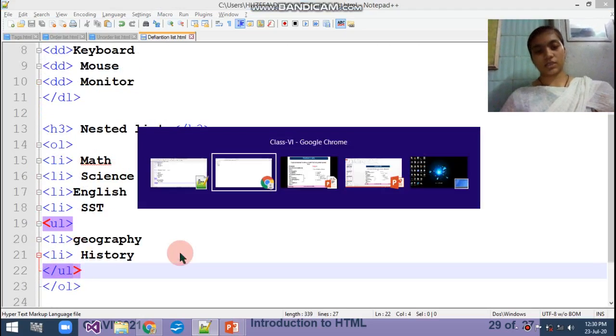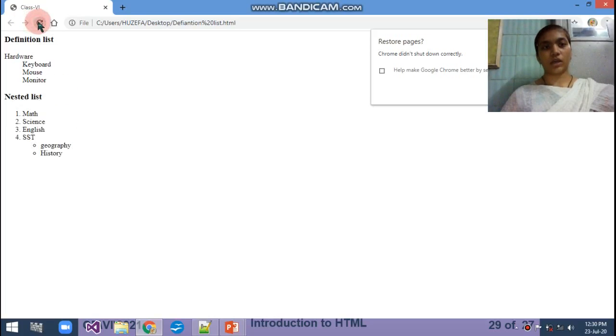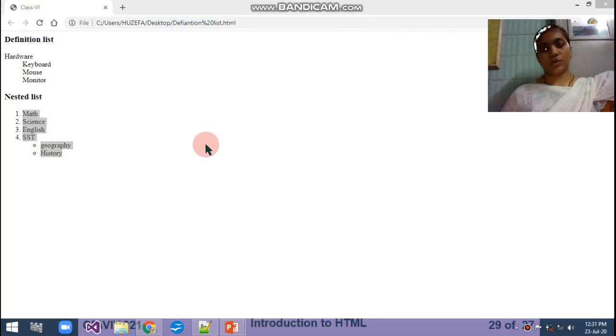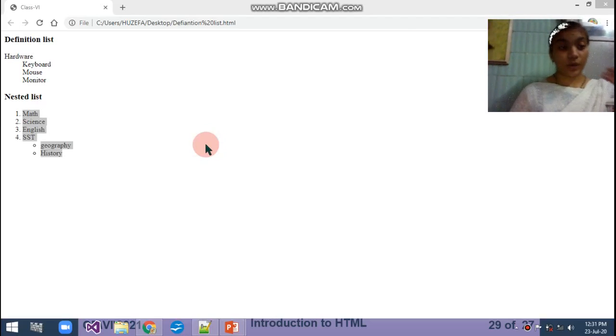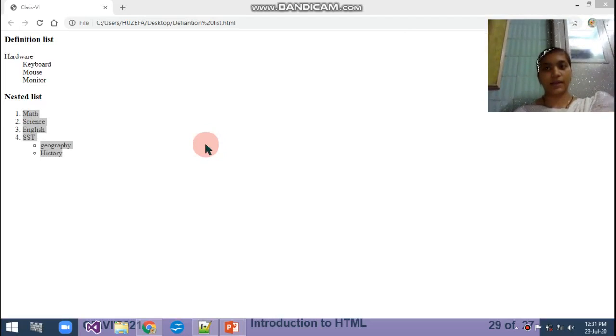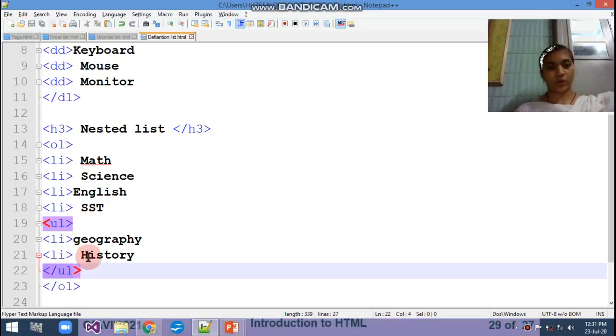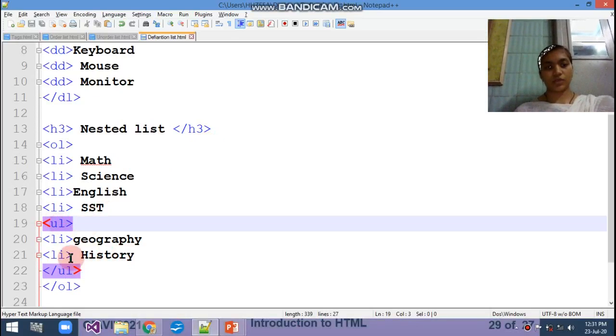Control S, go to the output, and you can see the output here. Okay, so if you want to add another point in the OL, you can also add that. Last we are using the UL.